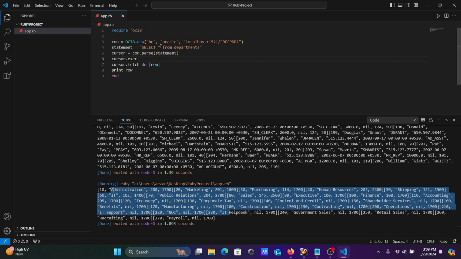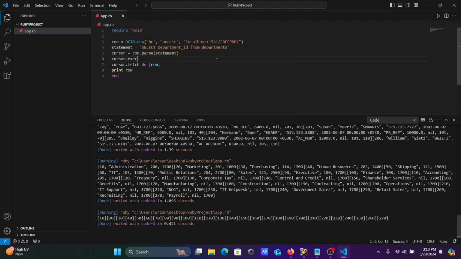In this place you can select only one column, department_id. Now let's click on run. Here the department ID column is displayed.